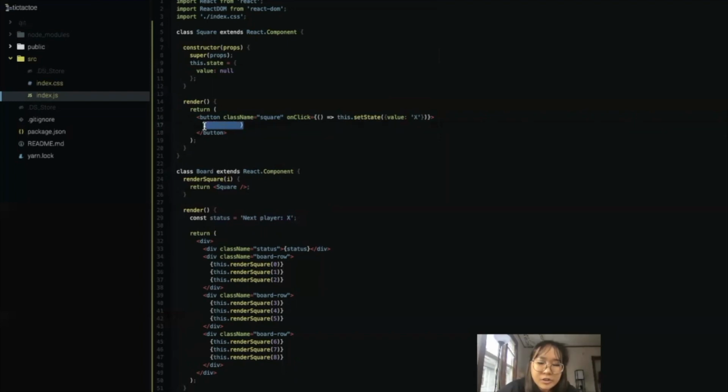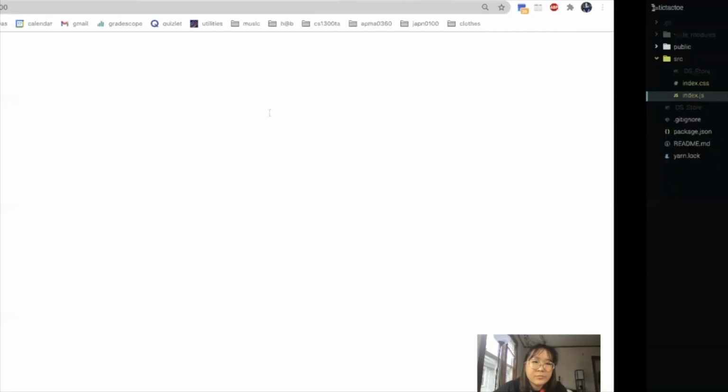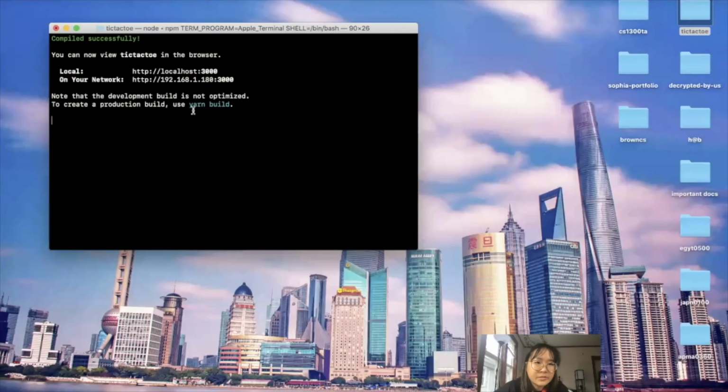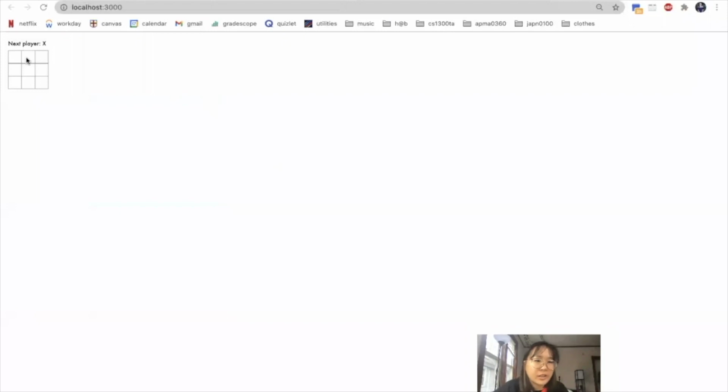In order to show what is being rendered, so an X or nothing, we want to render the text of the button to this.state.value. So we want to access the current state and extract what value is. Let's save this and we can see that it's restarting the development server, and let's just try it out. You'll see that now if we click the different buttons or squares on our board, it'll